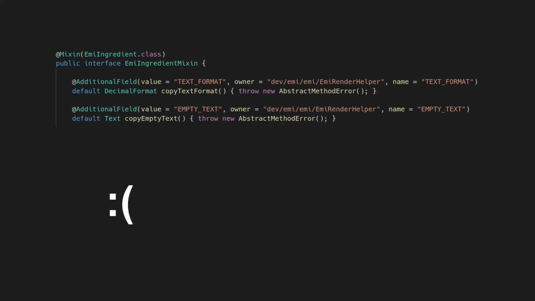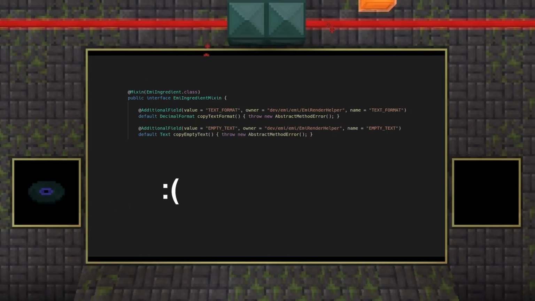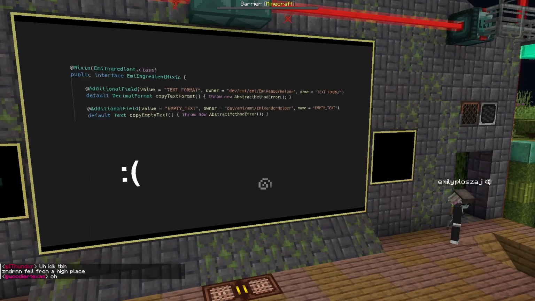Eventually, I gave up and went with a copy procedure. You annotate a method, it destroys the method, and it makes fields that copy some other field's value during class init, which I just happened to have lying around in my implementation classes, so that was fine. And that's that. EMI was ported to Forge. I made a breaking change to my API without making a breaking change to my ABI.